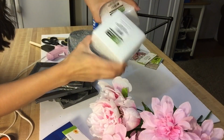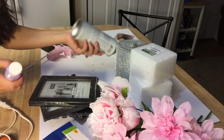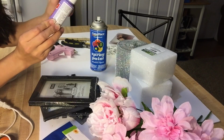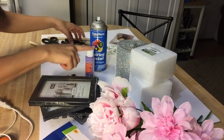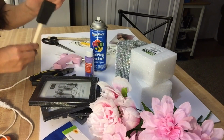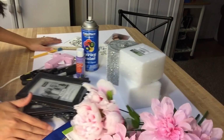Some of these flower foam blocks. Picture frames. Embellishment, I have some spray paint, which I don't have the top, but it's white spray paint, and then just a lavender. It's Caramelo Uva, so it's a grape taffy color paint. It's an acrylic paint. I have my hot glue gun, my wire cutters, a sponge paintbrush, scissors, pencil, ruler, and